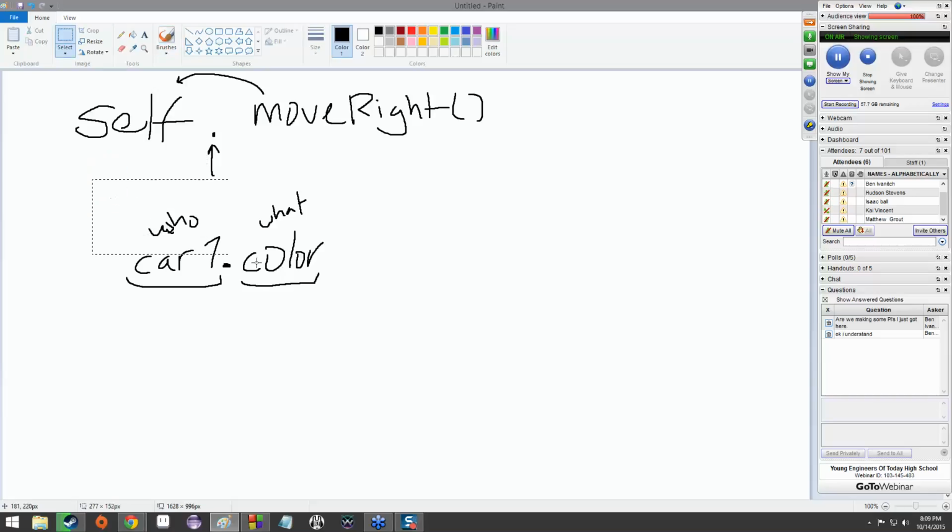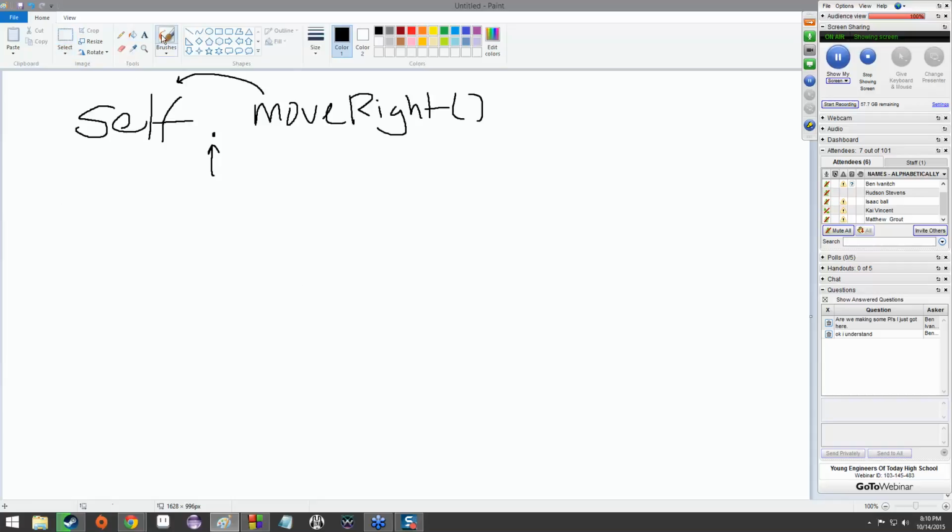In addition, we also spent some time going over how to tell whether or not something is a function, and that was really simple. That was the parentheses. If you have a compound word, a bunch of words all smashed together with no spaces, and you have open and close parentheses at the end, you know it's going to be a method, which is a set of instructions.